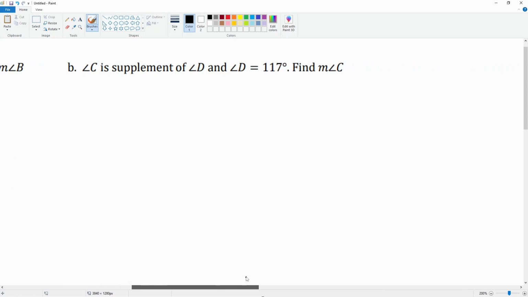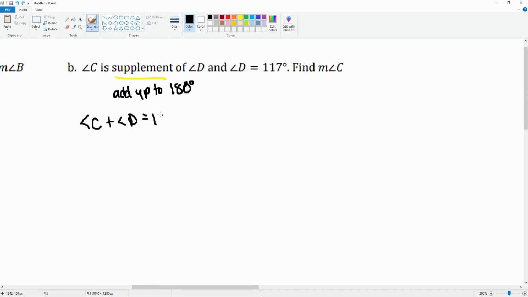Next, angle C is supplementary to angle D. If angle D is 117, what is the measurement of angle C? The word supplementary means something very important. This means adds up to 180 degrees. This allows you to set up the equation angle C plus angle D is equal to